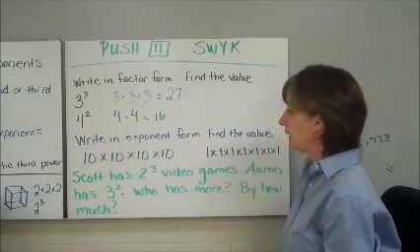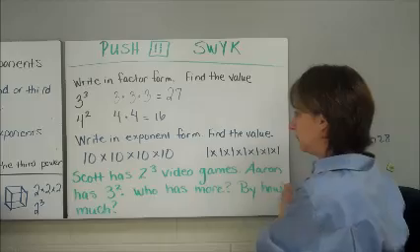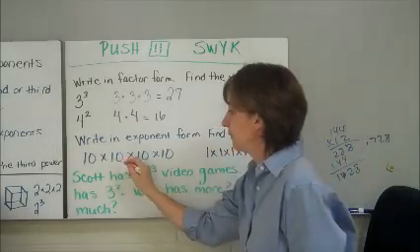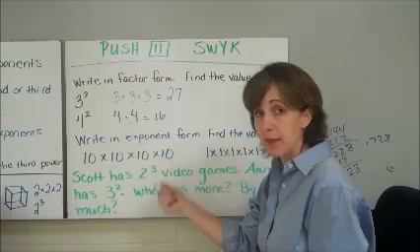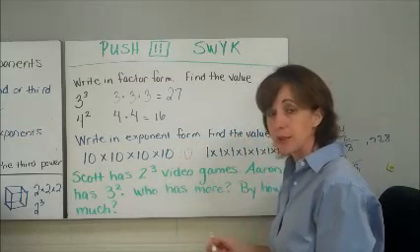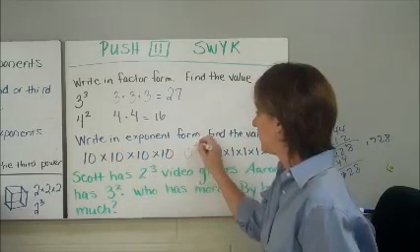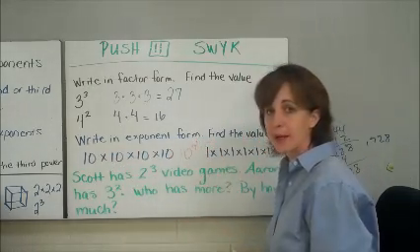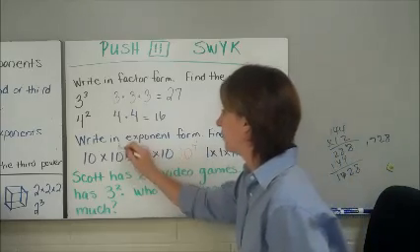These two say write in exponent form and find the value. 10 times 10 times 10 times 10. My base is the number that has been repeated, which is 10. My exponent is the amount of times it has been written. 1, 2, 3, 4. 10 to the fourth power. And 10 to the fourth power, because it says find the value, is